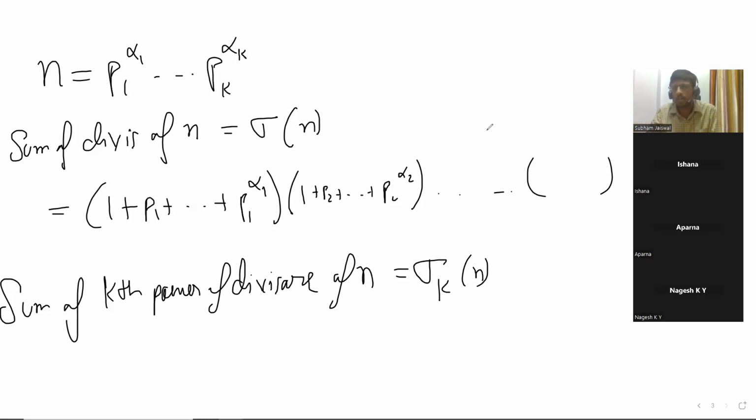Okay, this thing will be what? Nothing special, right? It is just as if you are taking the kth power on the number. But it doesn't make much sense if n is negative. But this makes sense, kth power of the divisors. I'm taking the divisors, I'm taking its kth power, right? And then it is,